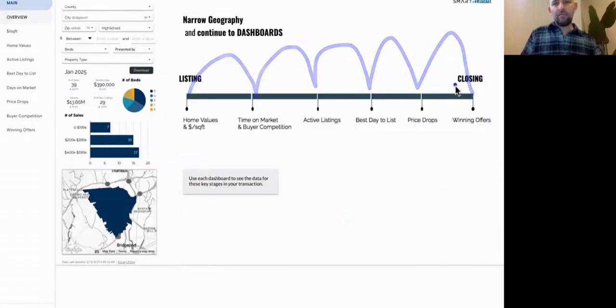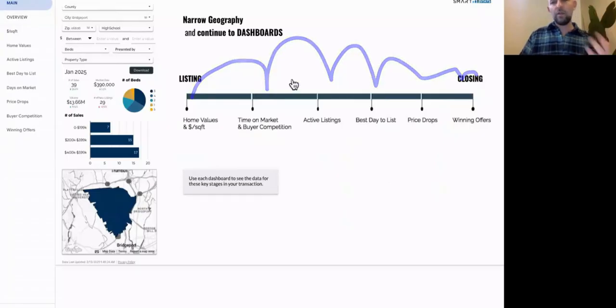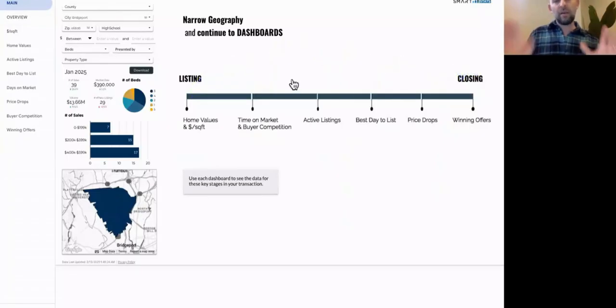And this doesn't mean that if you're training a team, you need to tell them that every moment you need to go pull the data out of SmartMLS stats and use it. It basically just means keep an eye out for these different moments that you might be seeing. And if you need some data to support it, by the way, you can go in here and here's where to find it. So I'm going to show you a couple examples of that.